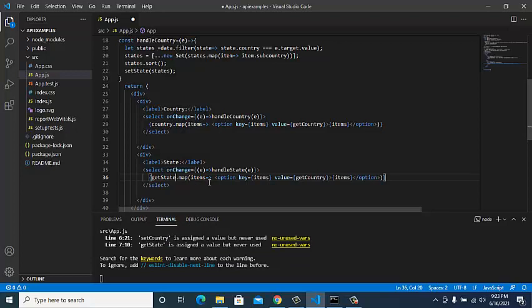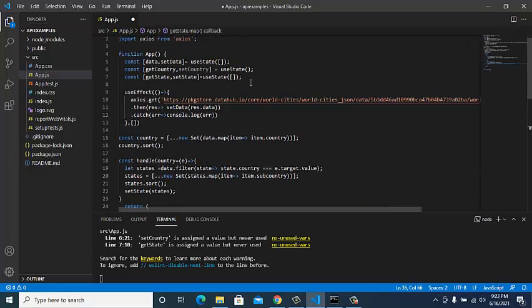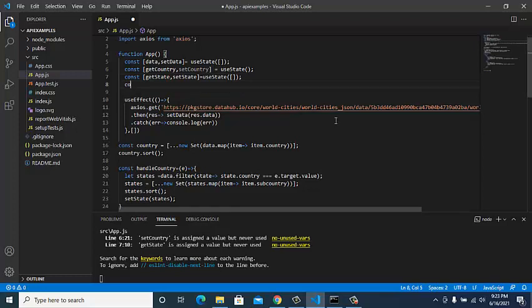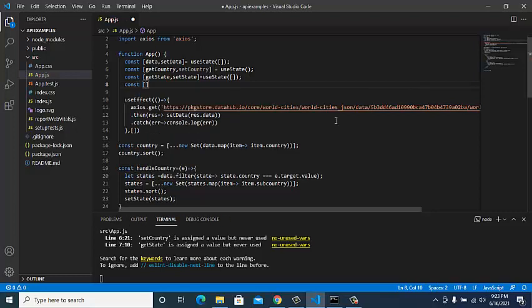From that state, we'll use the map method and get the items from it. Here, instead of get countries, I'll put state, and we'll show the items only, the states that are coming. To get the data of the state, I'll create another state for the selected state, selectedState and setSelectedState. Why am I doing this?